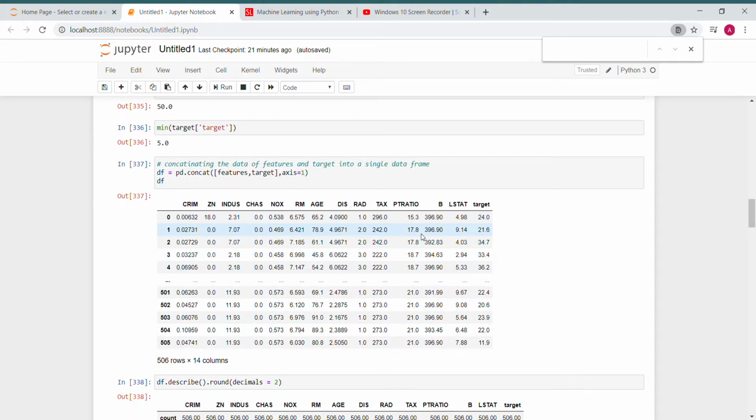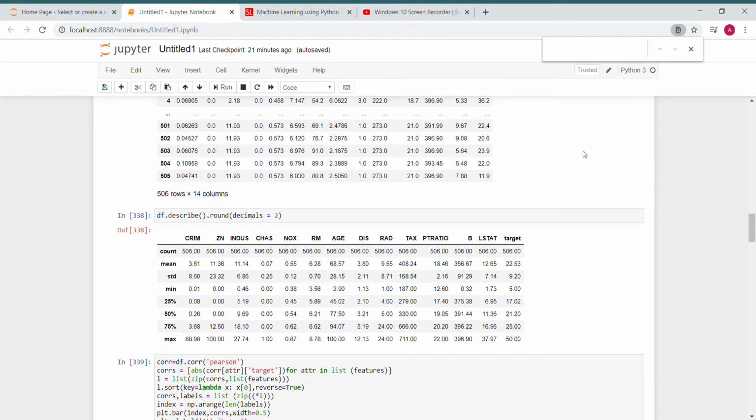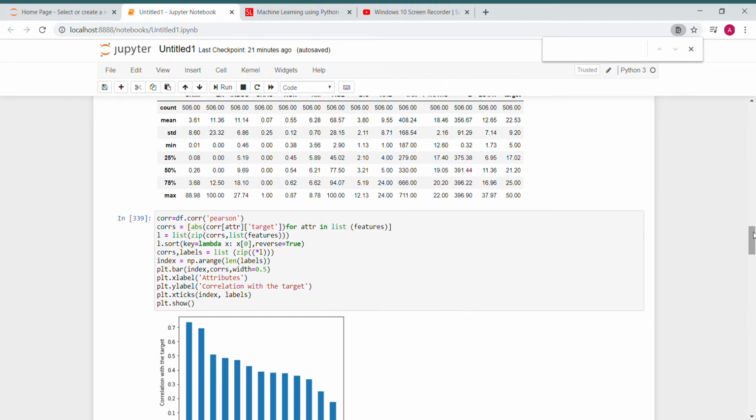As we can see the relationship, which feature is more appropriate with the target value, which feature is closer to the target value, and then we are going to round all the data to 2 decimal places so that the data will be more appropriate.